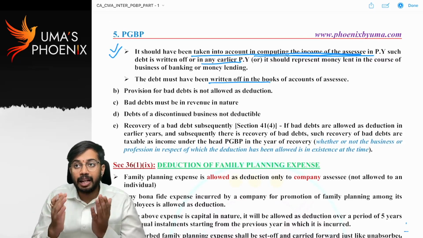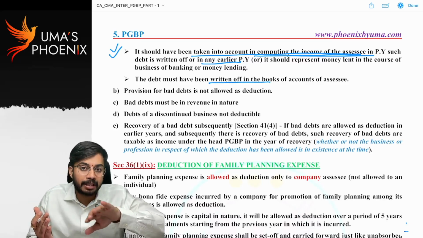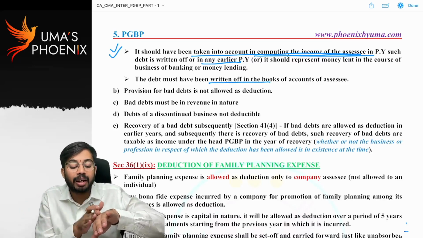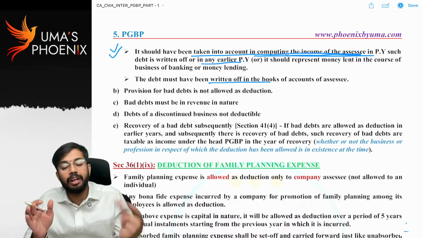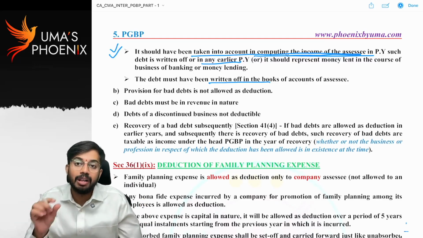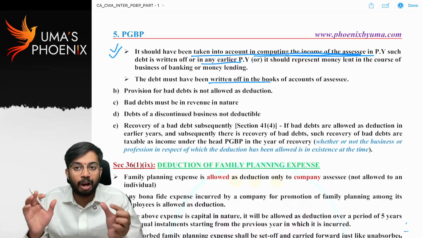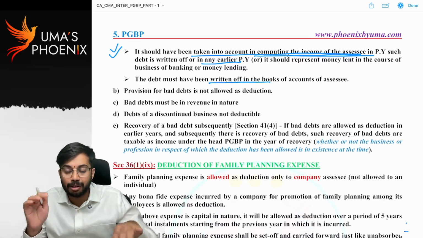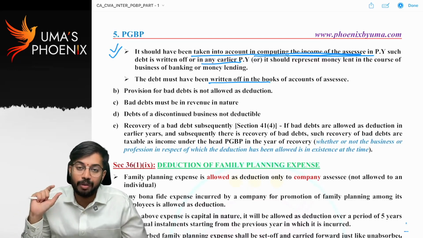See, two sets of books of accounts are maintained for company purposes. For accounting purposes, separate books are maintained, and for tax purposes, separate books of accounts are maintained. In the company's normal books of accounts, the debtor account should be written off. Only if the debtor account is written off there, then as per income tax books of accounts also, that amount is allowed as bad debts. That means the precondition is that bad debts should be written off in the company books of accounts. If bad debts are written off in the company's general books, they will also be allowed as expenditure in the income tax P&L account. Are you able to understand?